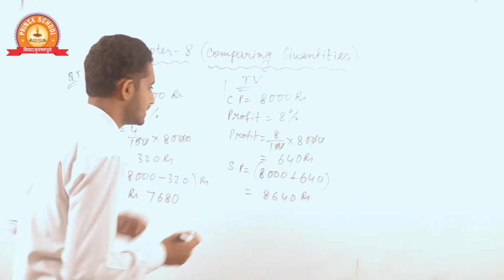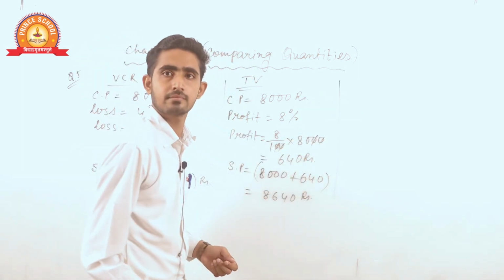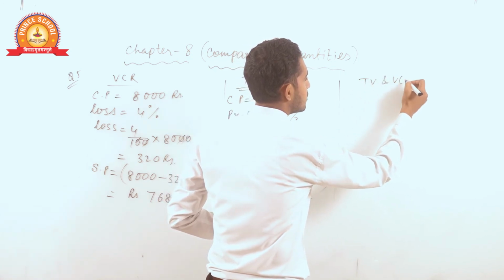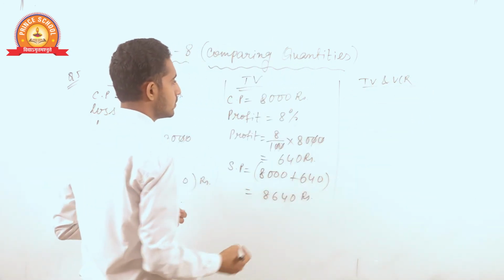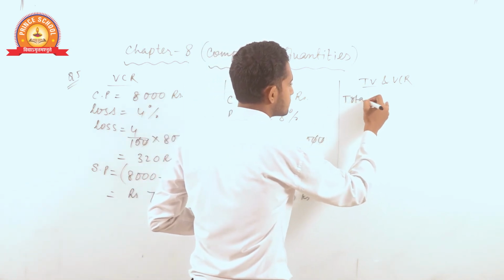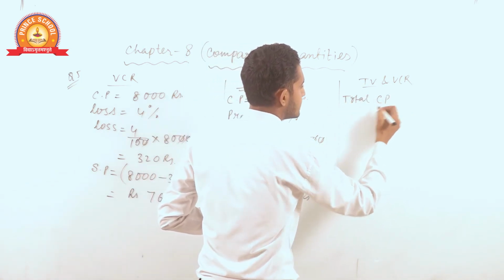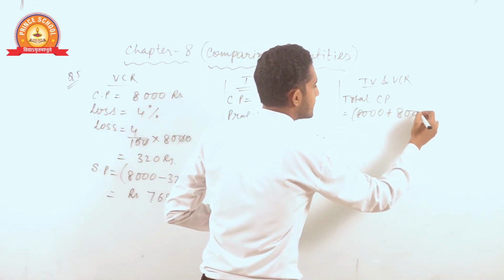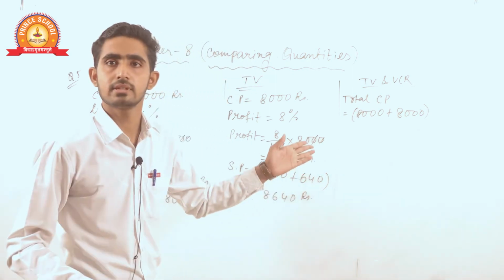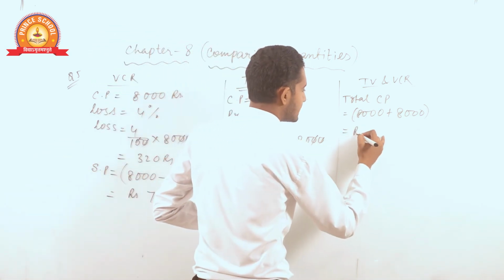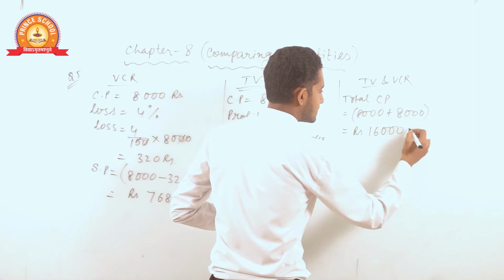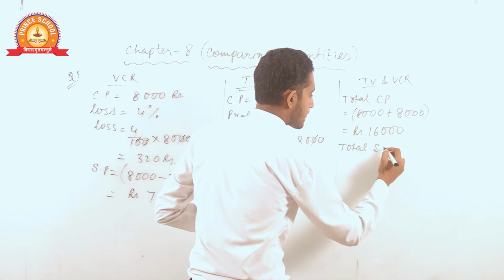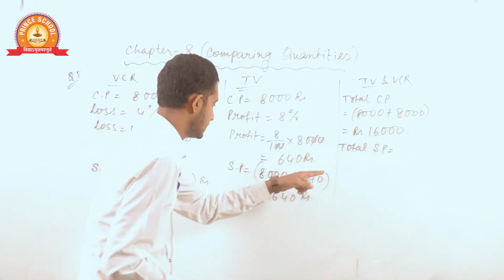Profit. See here, TV and VCR both. Okay, so total CP is equal to 8,000 rupees plus 8,000 rupees, that is 16,000 rupees. Now we have to find out total SP. That means how many? SP of